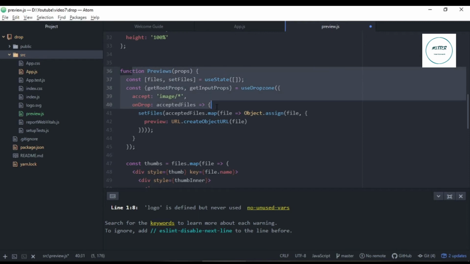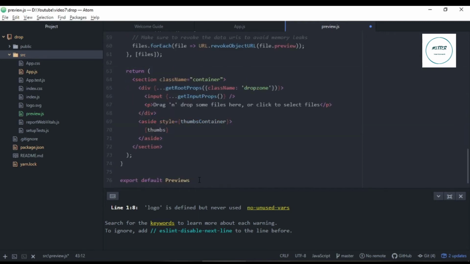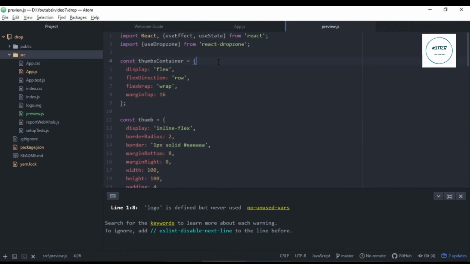This entire code we have copied from the library. So I've changed this to export default previews. Now I want to use this code in my app.js.